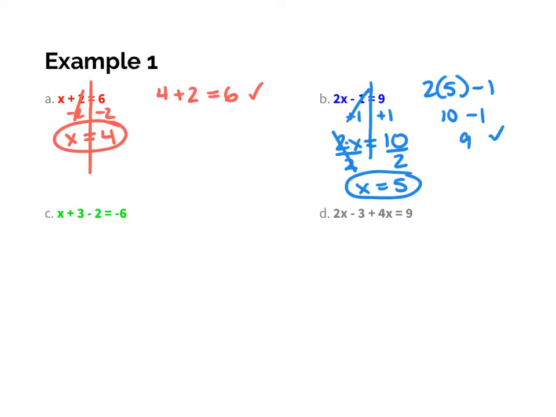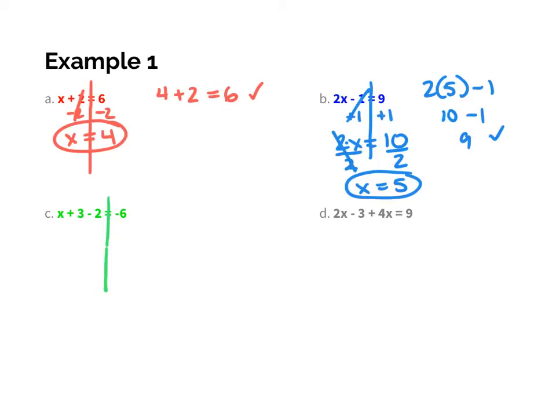So in this next one, I have x plus 3 minus 2 equals negative 6. If I put my line down where my equal sign is and separate, notice on the left side I have my expression x plus 3 minus 2. Sure, I can do inverse operations right away, but sometimes the expression might not be completely